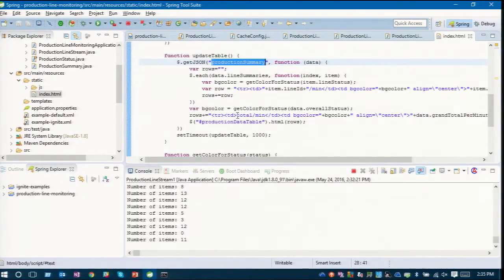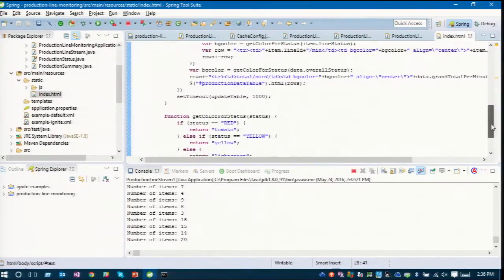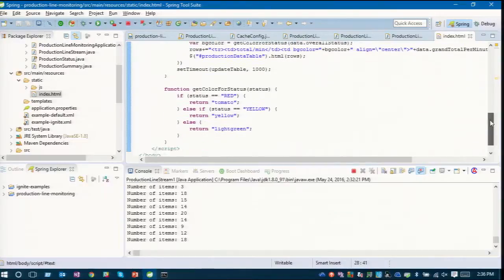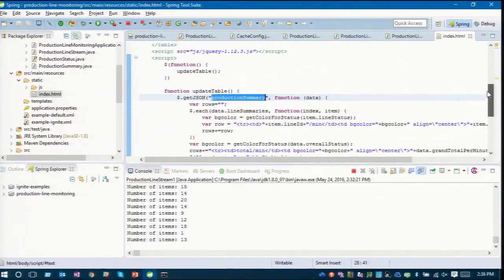I'll get a total per minute. I get a return back in JSON that I'm parsing here and creating a simple table. And then I'm coloring it, just for fun, so that we can see some statuses, maybe kind of simulate an actual dashboard. All right, so I'm going to kick this off